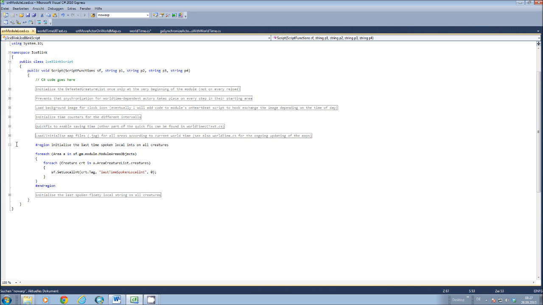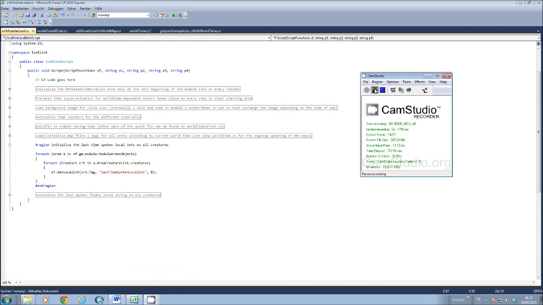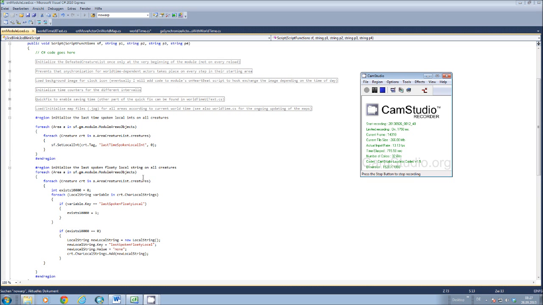Yeah, this is now some floaty stuff here. There's one floaty, or actually one local int existing on every creature that remembers the time here when it has spoken for the last time, or actually